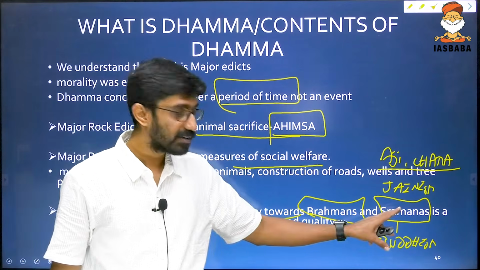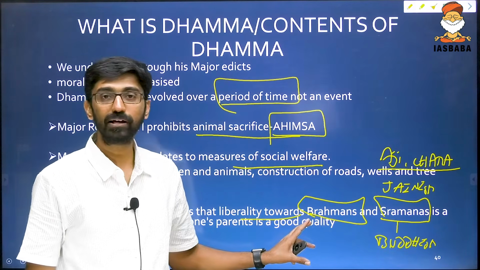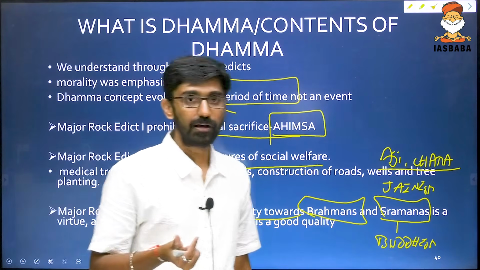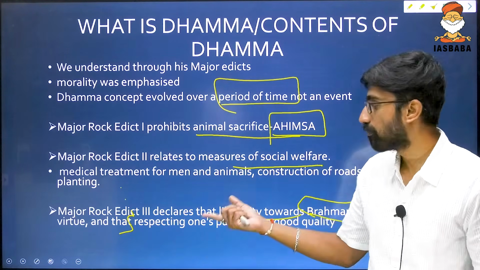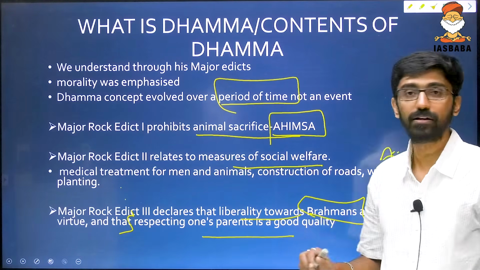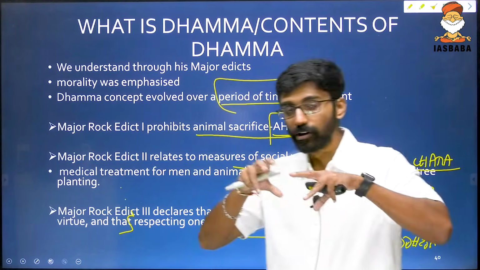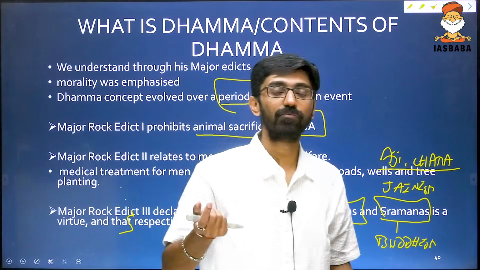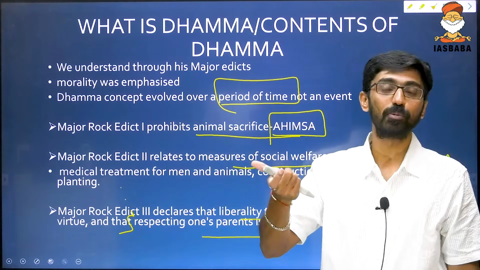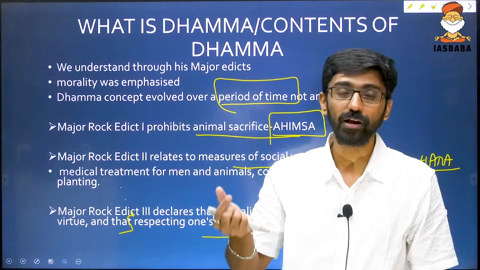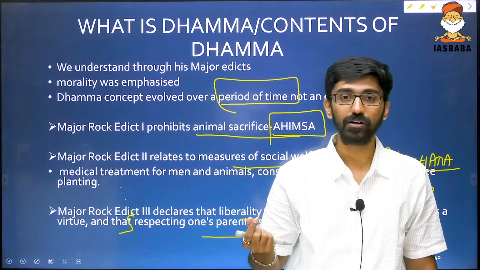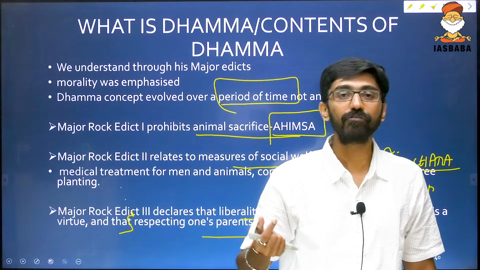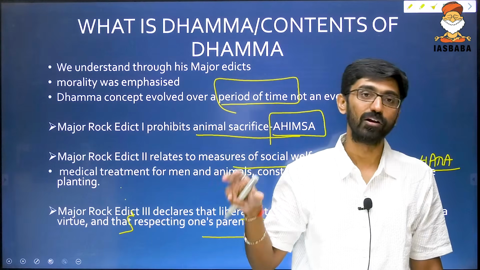He is neither against the Shramana movement nor against the Brahmanical movement. Liberal openness towards each other. At the same time, you should follow the policy of virtues and respecting parents. So this is what he is trying to emphasize: righteousness, the good path that everybody can follow. A universal policy that everybody could approve of. It doesn't matter which Varna or caste you belong to. It is a virtuous path, a moral code of conduct. This is what Dhamma is all about.